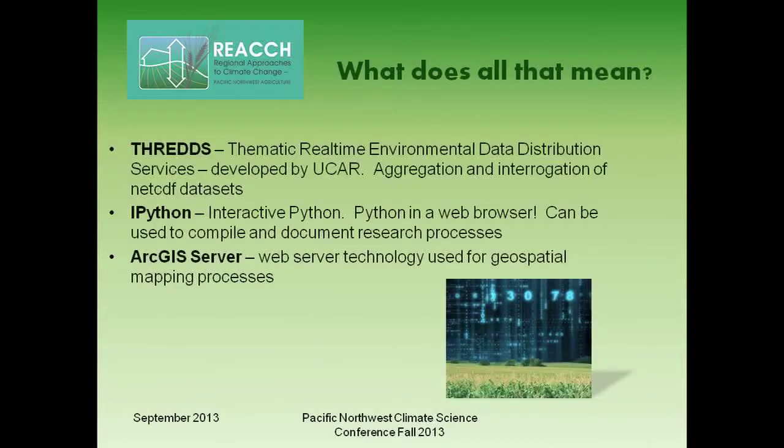Threads and IPython are two technologies that are being used right now in varying ways, but they are both very powerful technologies that I think you're going to hear a lot more about. Threads, Thematic Real-time Environmental Data Distribution Services. I know it's a big, long name, but it essentially enables us to take data sets that you have seen,